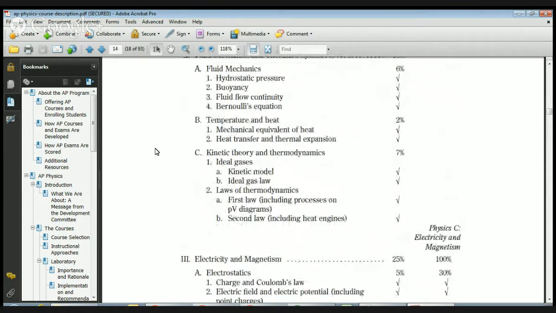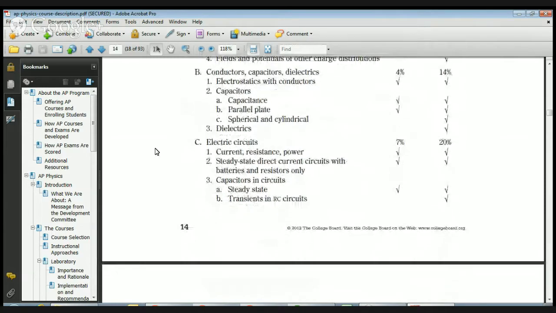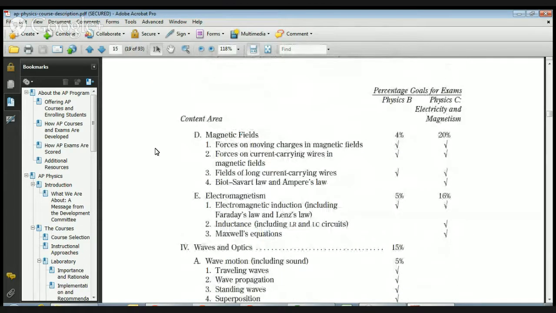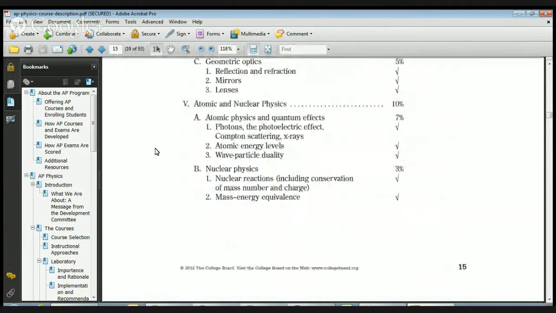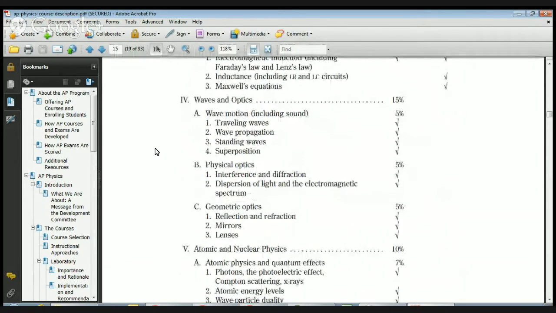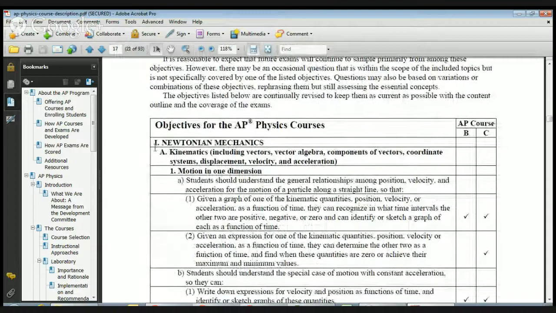Fluids and thermo is a total of 15, electricity and magnetism a total of 25, with magnetic fields and electromagnetism being 9% combined. Waves and optics, whoops, go back. Waves and optics 15, atomic and nuclear 10. But the thing is, you can't really say,